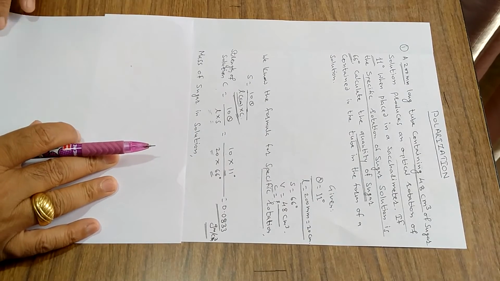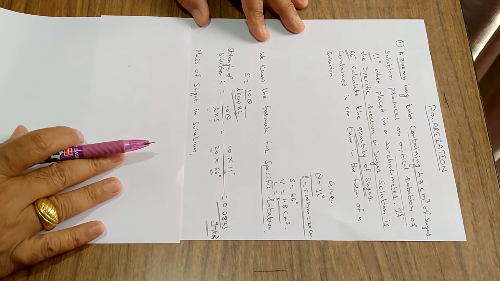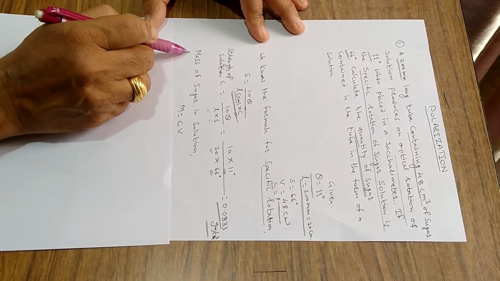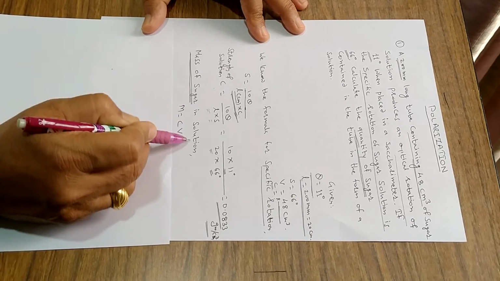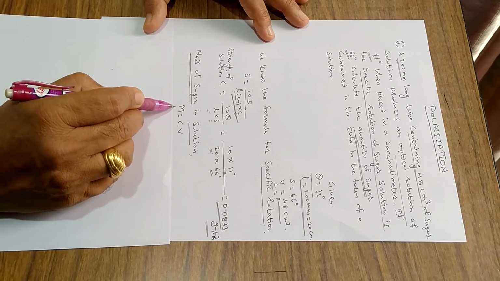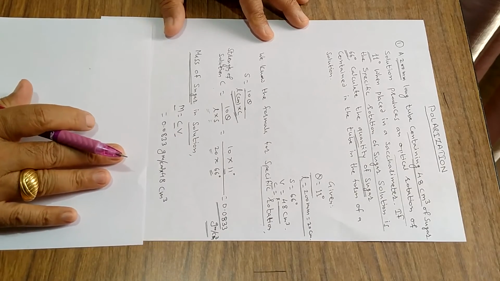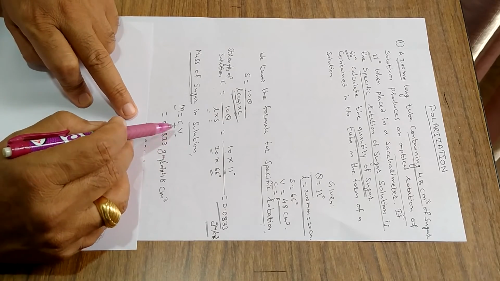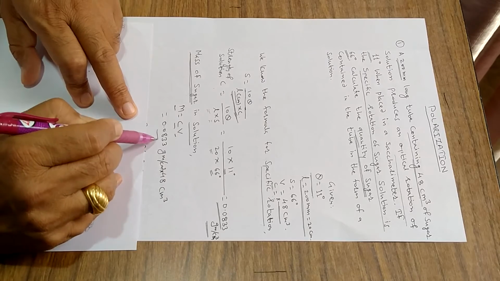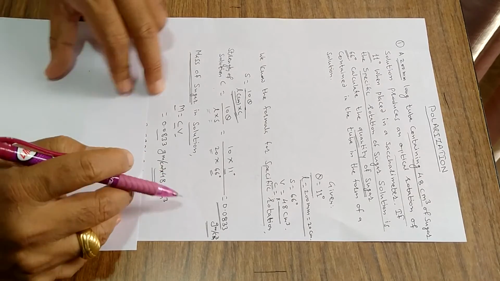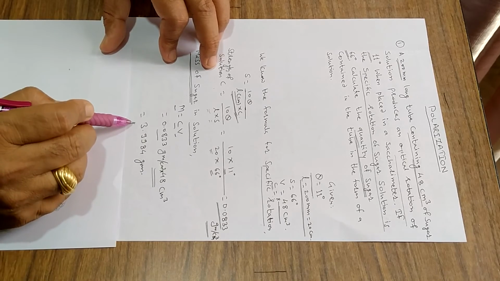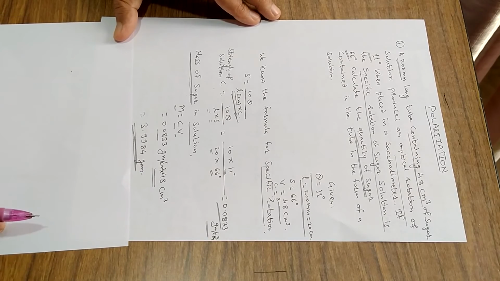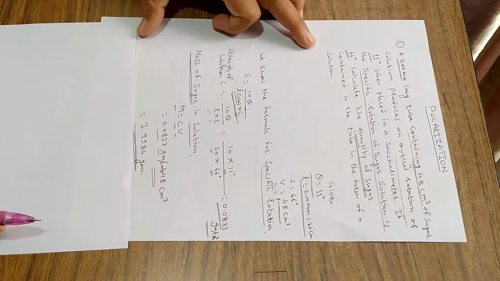Therefore, quantity here in terms of mass of sugar in solution, we have a formula M equal to C into V, and here by putting already known values, this is from C and this is from V, and therefore by multiplying it, 3.9984 grams is nothing but the quantity of sugar contained in the tube in the form of a solution.